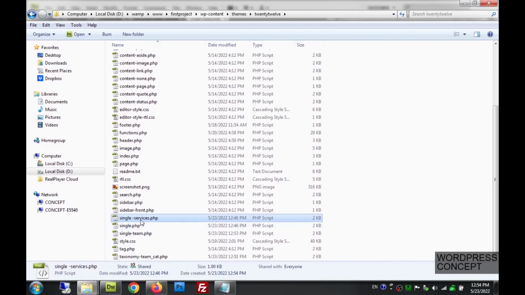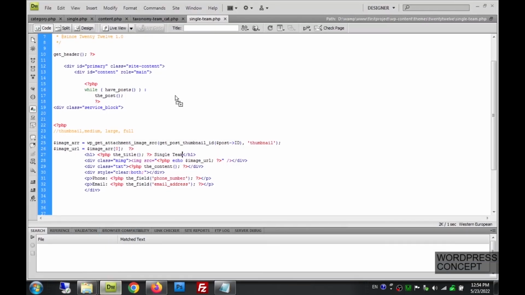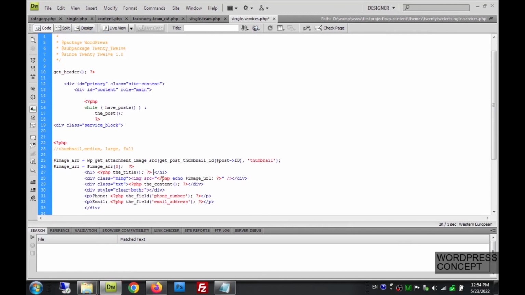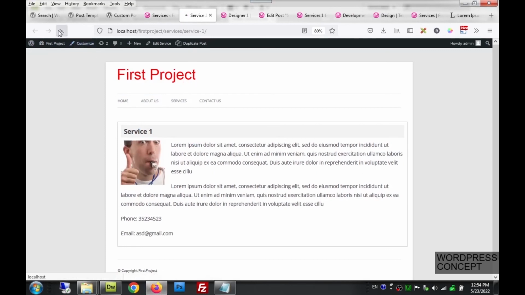I think there is a gap. There must be no gap between the single and the dash. I'm opening this file now, and I can change the title slightly. The title will be for service. Now if I refresh this page, we are getting it from the